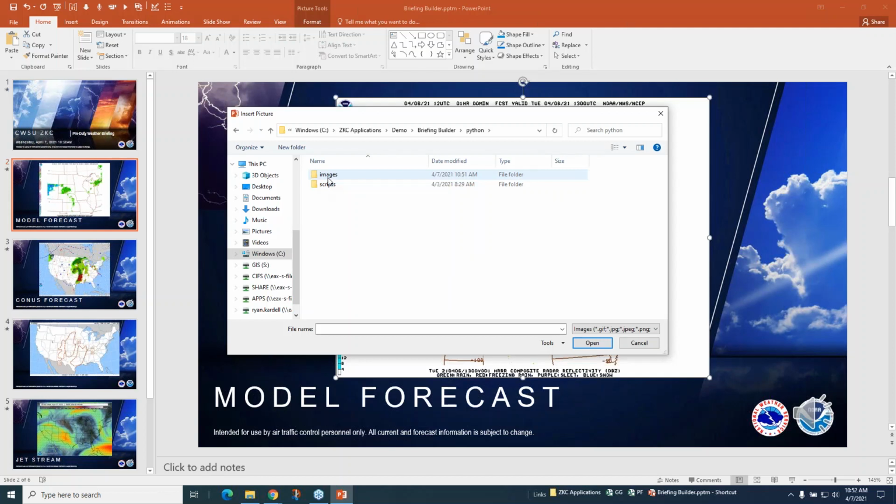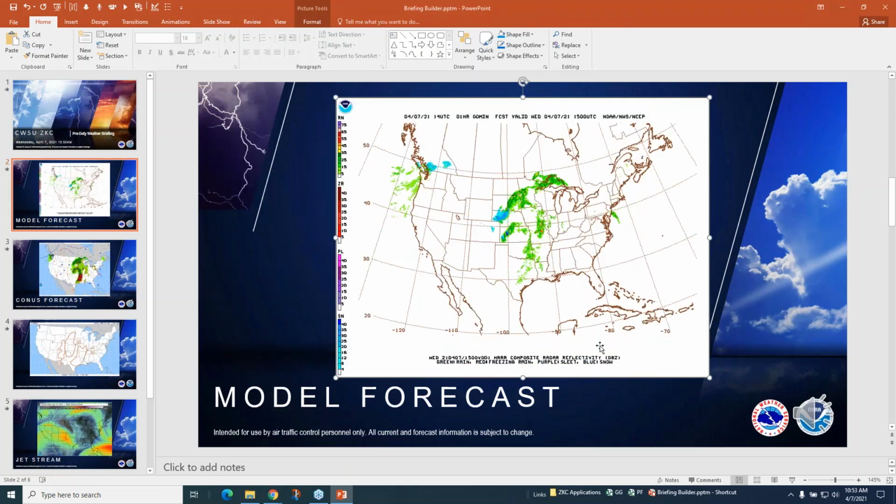And the Python script saved to the images folder within Python, and there are the 3 NCEP images we gathered. So I'm going to take that 1 hour forecast, insert it, and now when you're briefing in the morning, whenever you run that Python script, it's going to download those 3 images and always get you the latest model run of the HRRR 1, 3, and 6 hours in that case that I had set up. And it's going to be ready to go in your briefing every day.